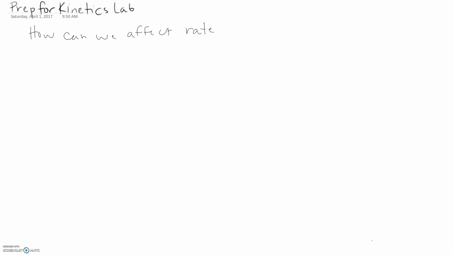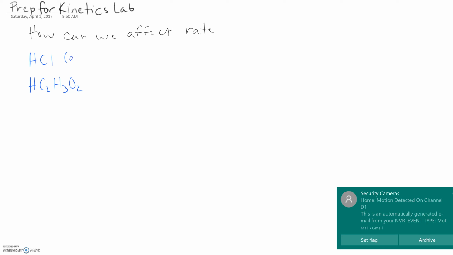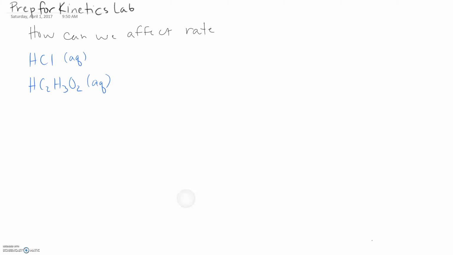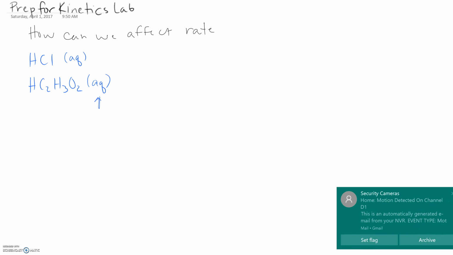And it told you there's a couple of different types of things that you can use for your reaction. You could use hydrochloric acid, or you could use vinegar, which is also called ethanoic or acetic acid. That's HC2H3O2. So those are your two aqueous solutions that you may use. And that's a hint of the types of things that you could change based off of looking at rates of reaction. So again, look back at those notes and identify, when you're looking at aqueous solutions, what could you change